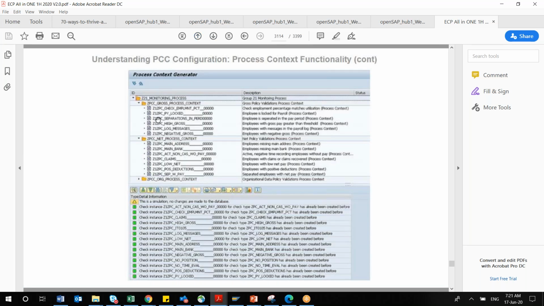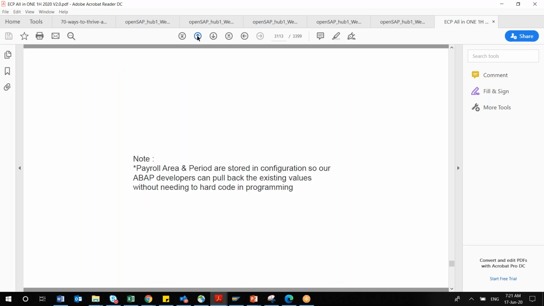Whatever transition you are seeing, I've taken directly from the older system. There is nothing much difference. The only thing is you are seeing a blue screen, which would be a gray screen. On a bigger screen there would be more clarity, but here it is the same screen. It is your SAP GUI screen, nothing much different. So that is more than enough.